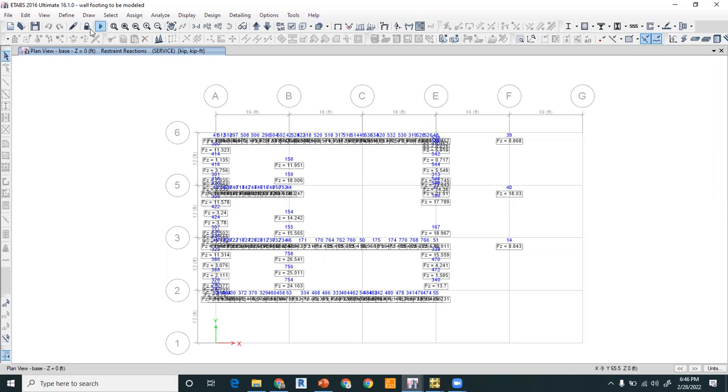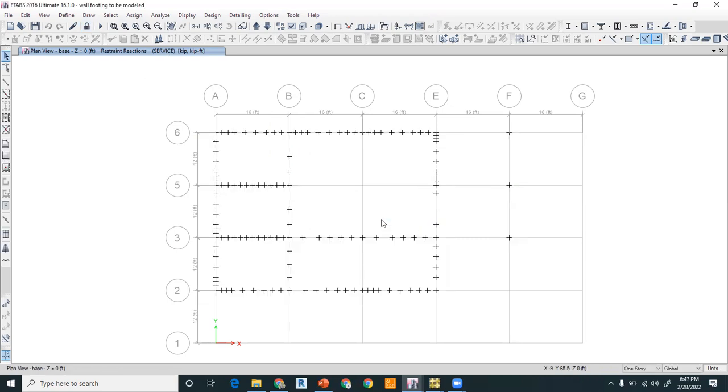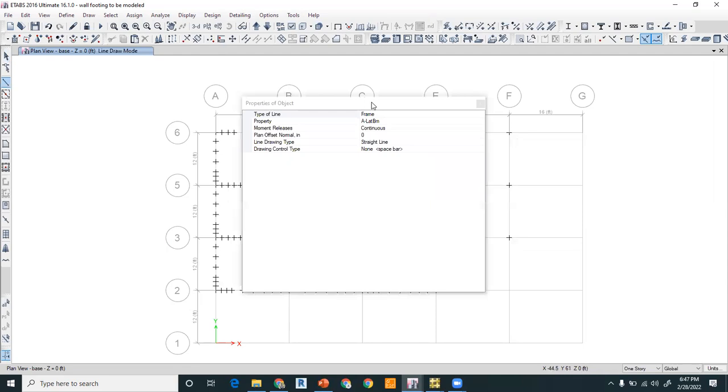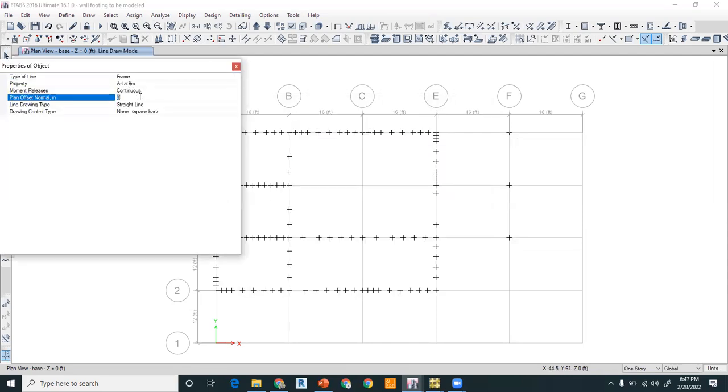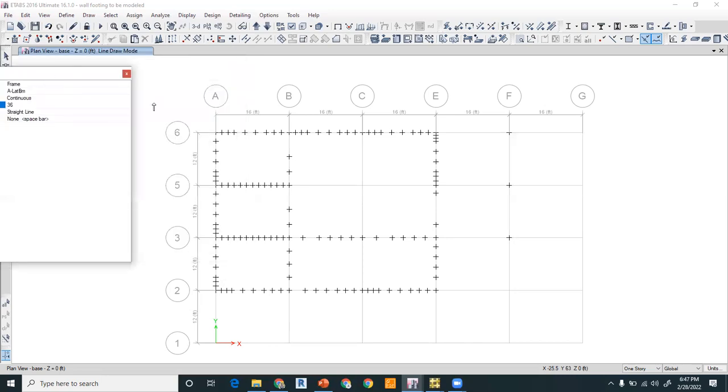Right, so the next step is to draw these strips, and for the interior and exterior, these are the same, which is 3 feet. So you can draw the beams in 36-inch offsets, and later on you can delete that, right? And you have to click in this direction, and again in the other direction. So it will draw the